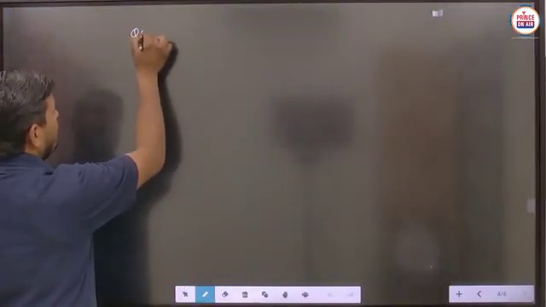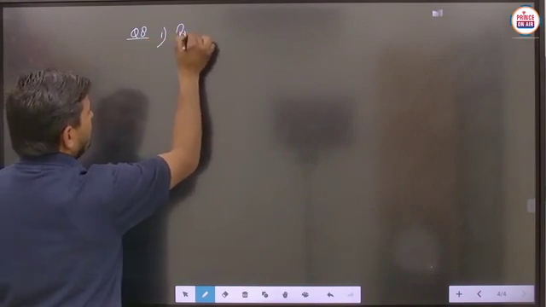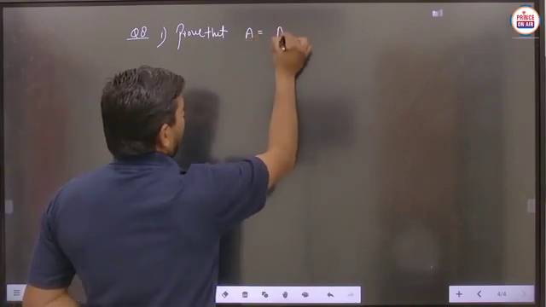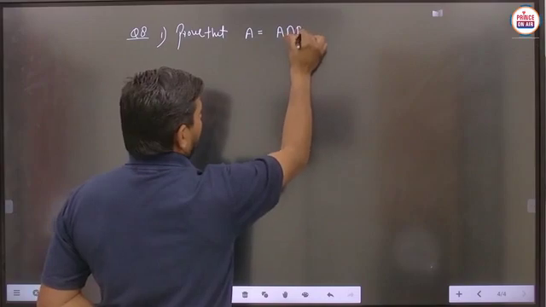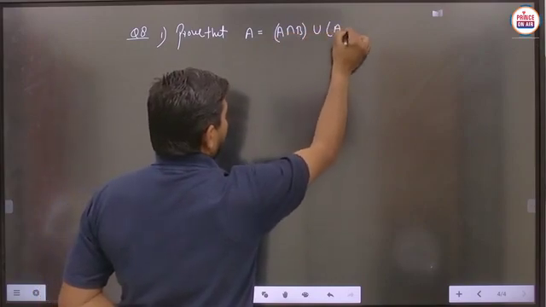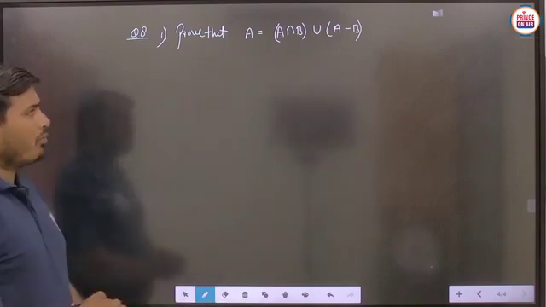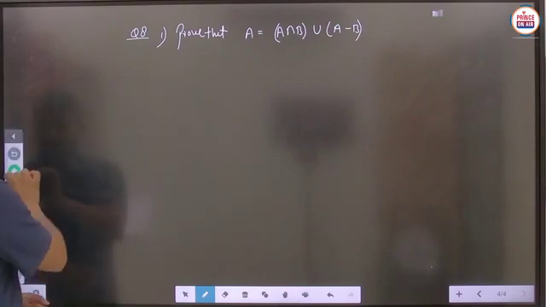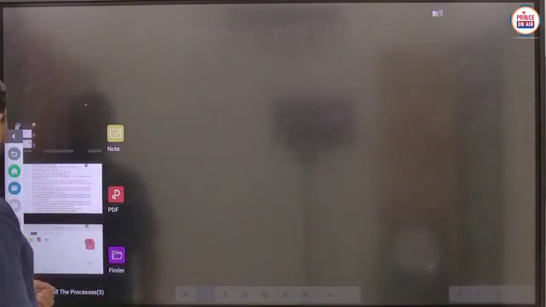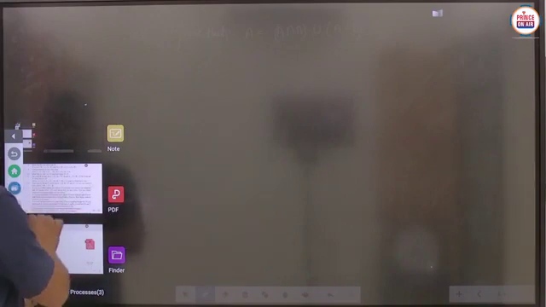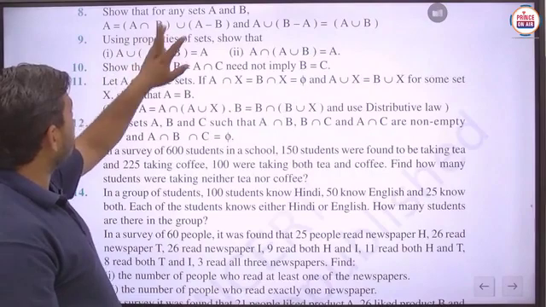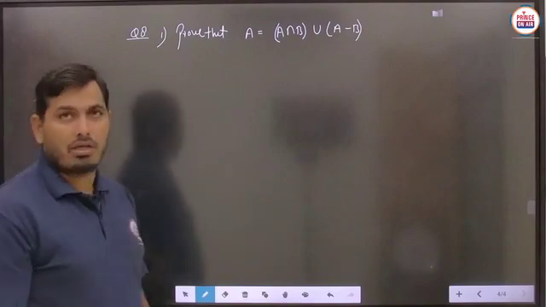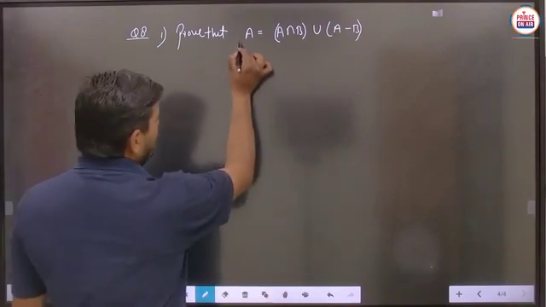In this question number 8, we have to prove that for any two sets, A equals A intersection B union A minus B. This particular result is to be proved here. Is it clear? So basically students, you can check the question again, A intersection B union A minus B. Okay, this question is correct, no problem. We are just writing the proper question here. So we have to prove this set equals this set.